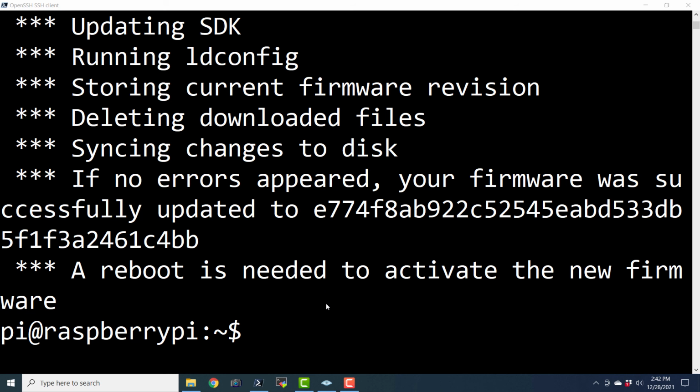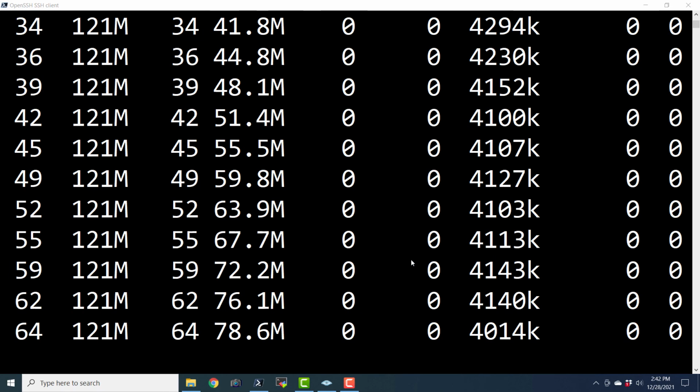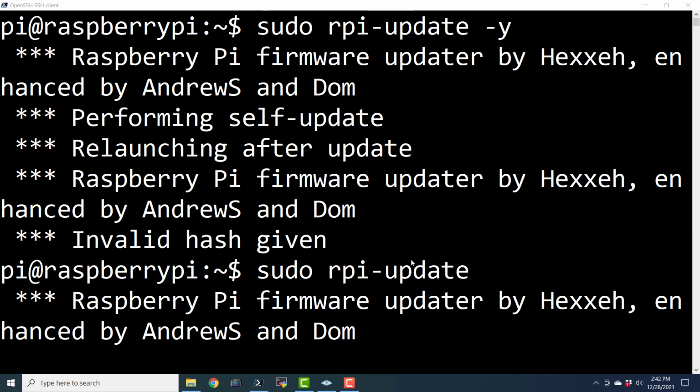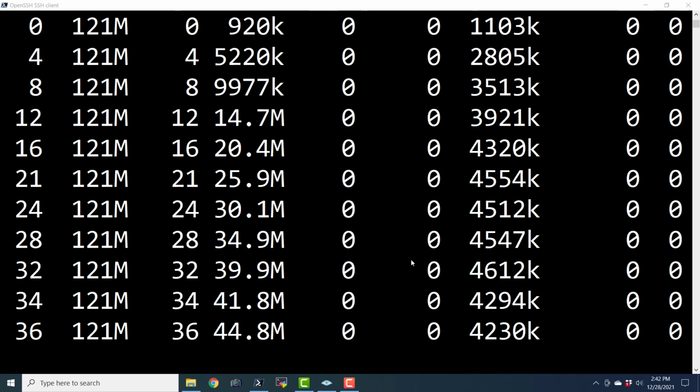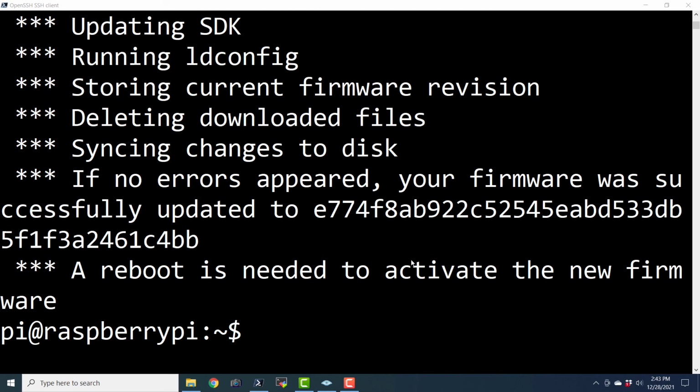So this way we can update our operating system as well as we can update the firmware in case you are using Raspberry Pi with Raspberry Pi operating system. So let us review this entire episode. In this entire episode, we saw how to upgrade our system and how to update our system, and finally how to update the firmware in case you are using a single board computer like Raspberry Pi. So I hope that you have understood the concepts of update, full upgrade and